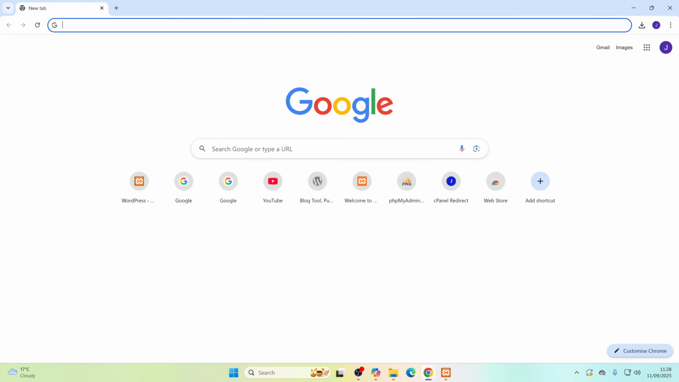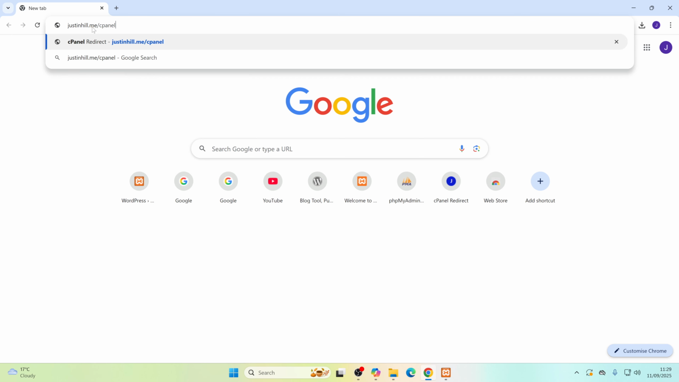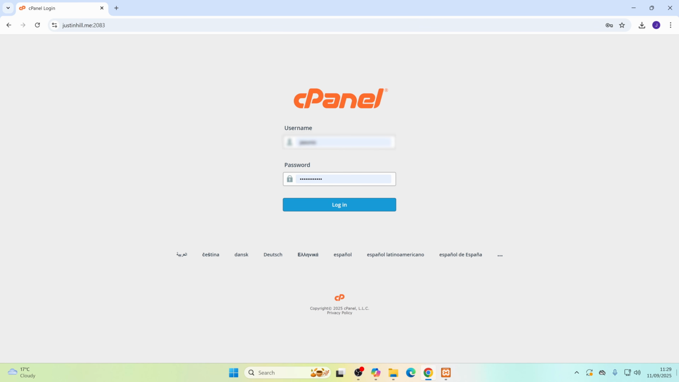I'm going to go up here. Now for this, it is assumed that you have hosting set up, which means you will have cPanel access to your hosting account, which would come with it. So for mine, I have a domain, justinhill.me, and one of the ways I can gain access is through cPanel like this. And then you get to a screen like this where you will basically log in. So if I just log into it,